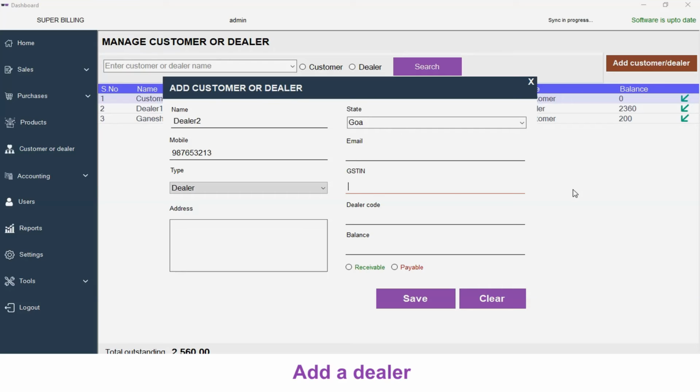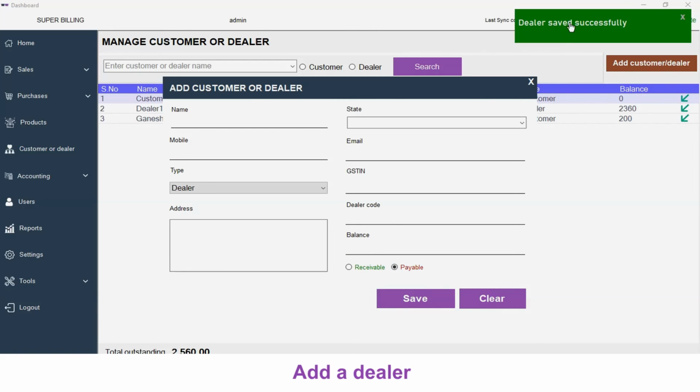Input the GST number of the dealer, the address, the dealer code, and the balance. If you have any outstanding balance that you need to pay to this dealer, you can give this balance here. For example, if you give 100, you are payable to the dealer, so you have to click payable and save. Dealer saved successfully,